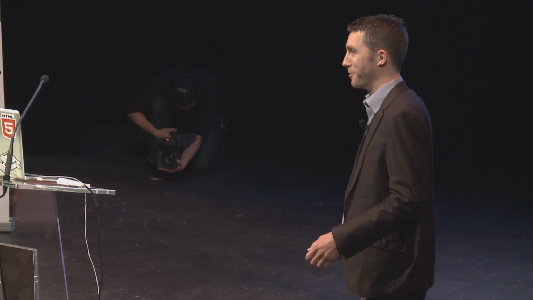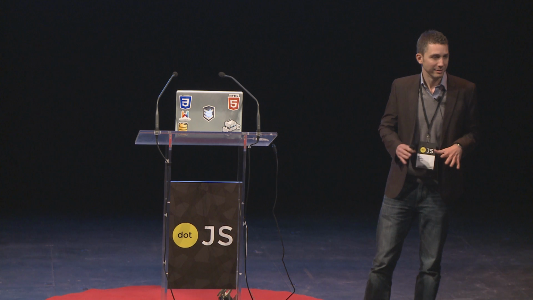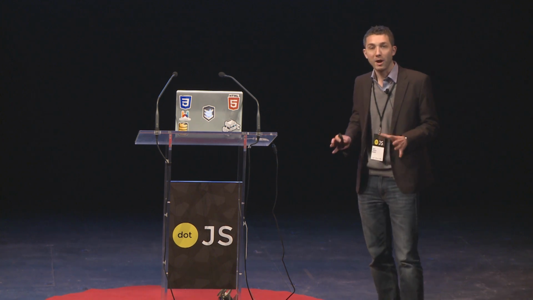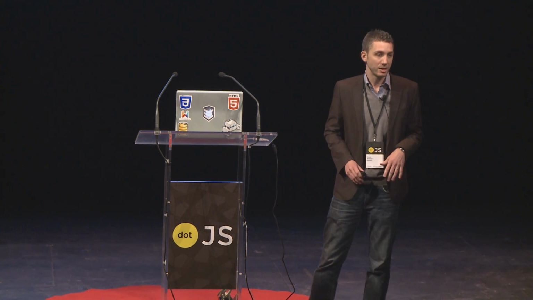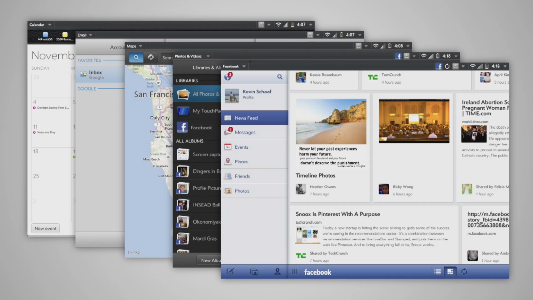And quite frankly, not all of our friends in Silicon Valley have been doing us any favors, right? So thanks, Mark. But here's the thing. At WebOS, we know that it's possible because we've already done it. So last year, the HP Touchpad launched with a slew of core applications that were built with nothing more than HTML, JavaScript, and CSS, because on WebOS, that was the application stack.